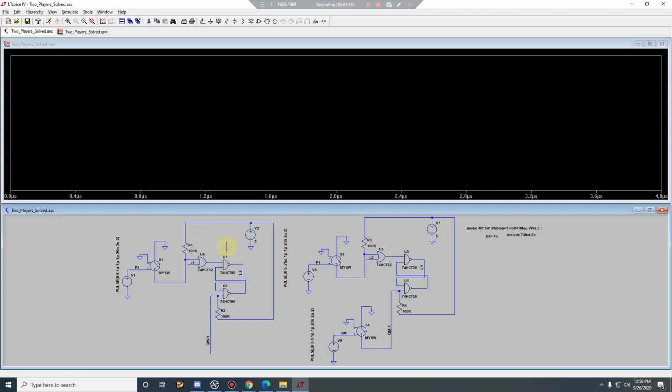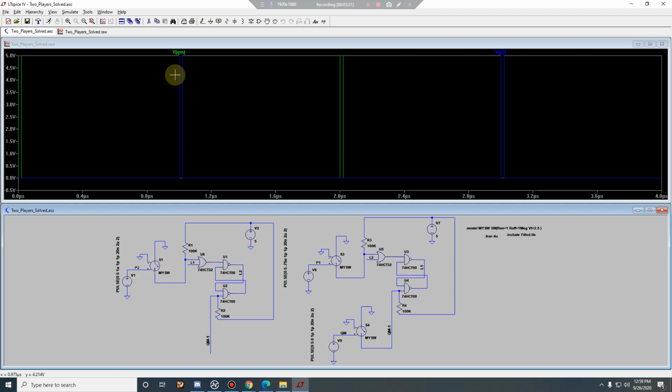Now let me plot the quiz master signal first. This is the quiz master. He is going to reset both L1 and L2 to 0 first, and then I have P1. This is player 2, P2. I am pressing P1 also. I have set the signals so that in this particular case P1 is switching before P2. So let's see the output.